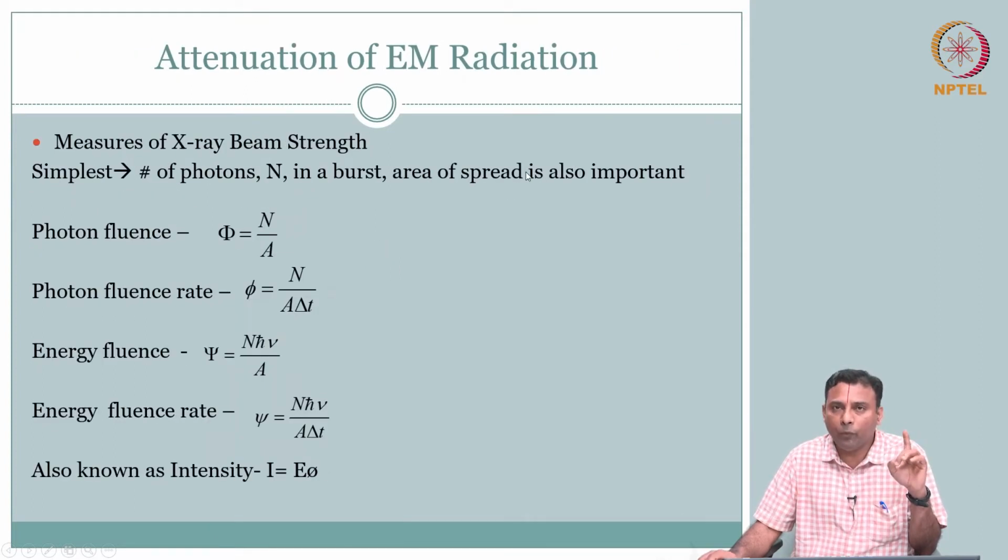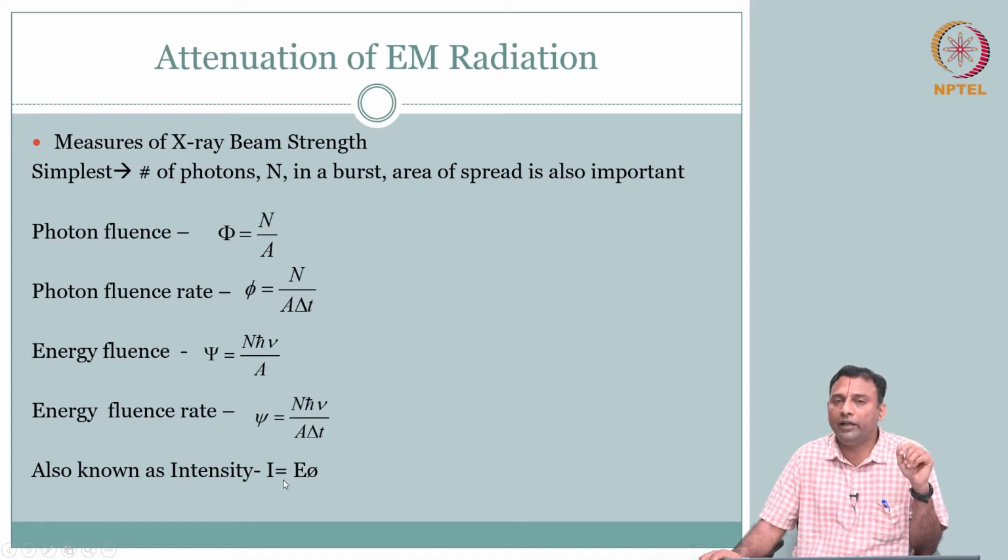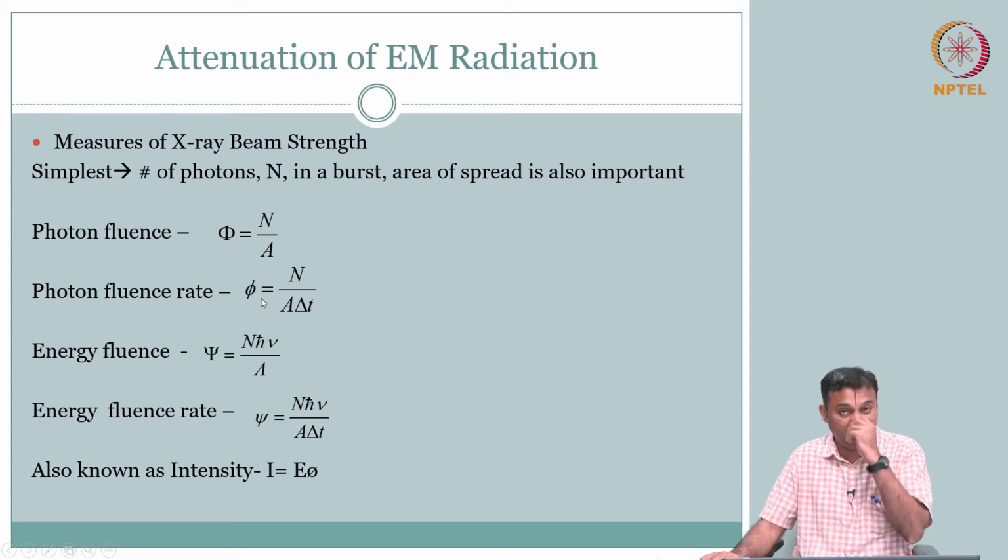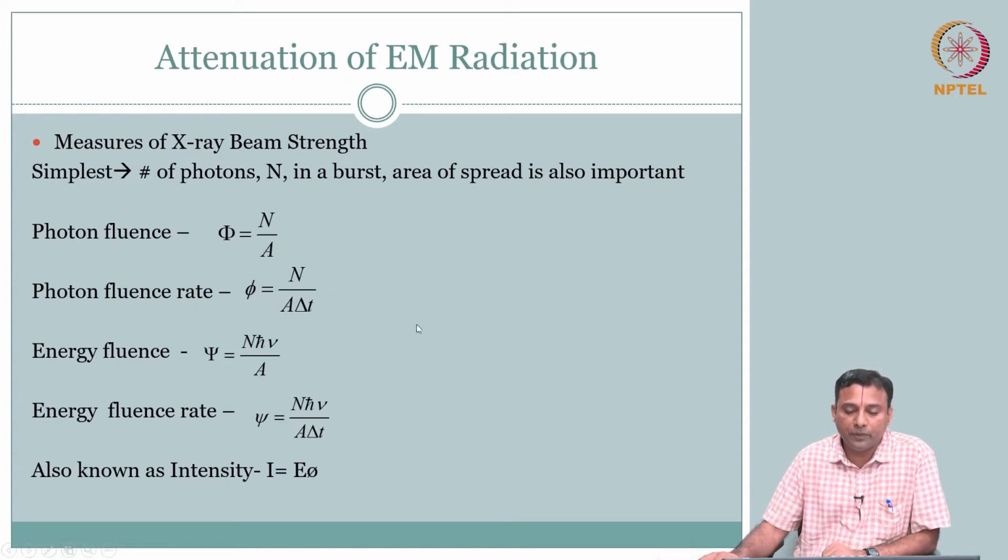Before we jump in, one clarification: in X-ray, when we did this, we were interested in writing everything in terms of intensity, whereas here we will switch gears. We will write the equation in intensity as we know from before, but then subsequently switch over to your fluence rate, photon fluence rate, because here you are interested in radioactivity. Okay. So that will be a small switch. Instead of I, we will write the I and appreciate how it is similar to what we had done for projection radiography, but then switch over to your photon fluence, right. So this is what we will do.